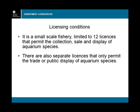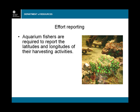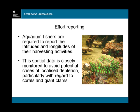There are also separate licences that only permit the trade or public display of aquarium species. Licensees are not permitted to harvest products from protected areas, sacred sites, aquaculture leases or sanctuary zones. In terms of effort reporting, aquarium fishers are required to report the latitudes and longitudes of their harvesting activities, and this spatial data is closely monitored to avoid potential cases of localised depletion, particularly with regard to sensitive species like